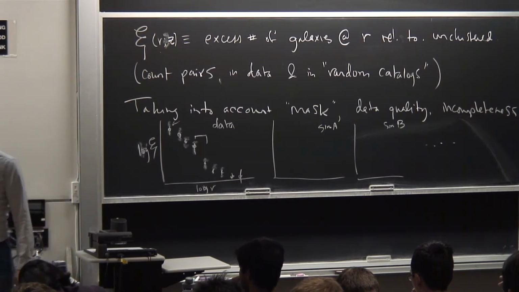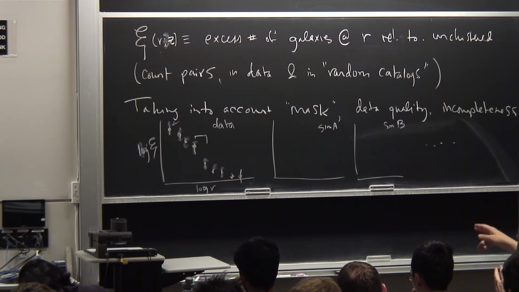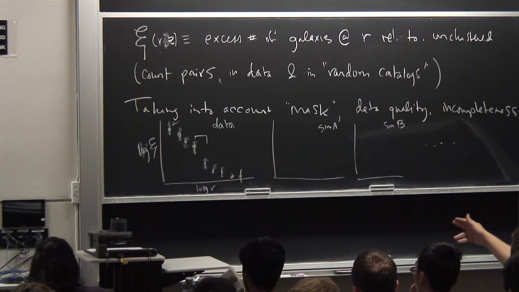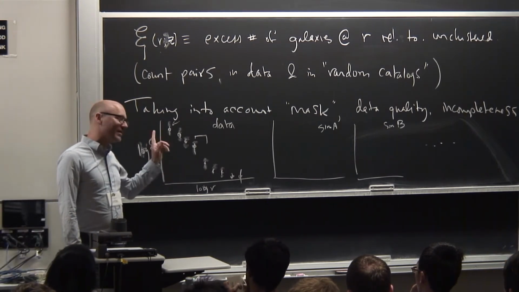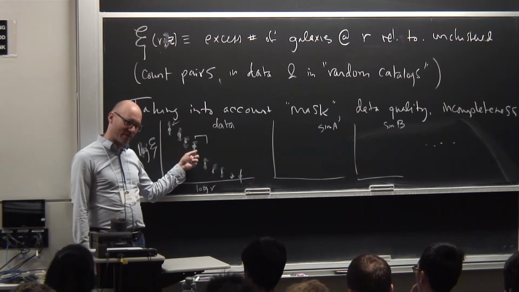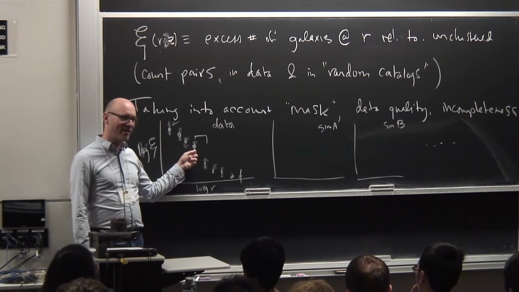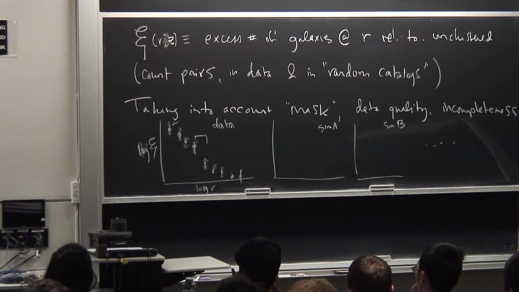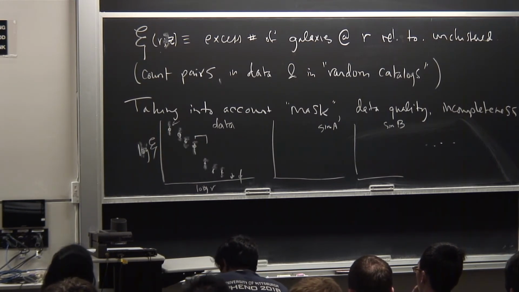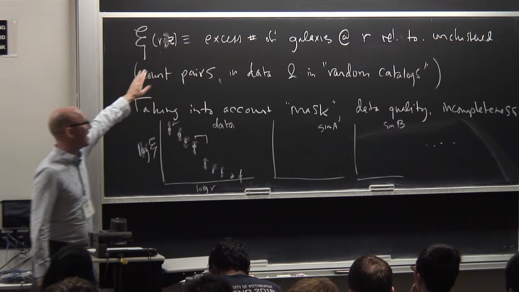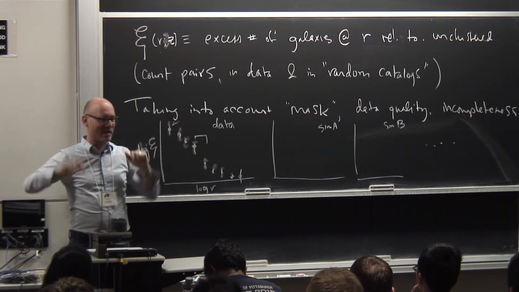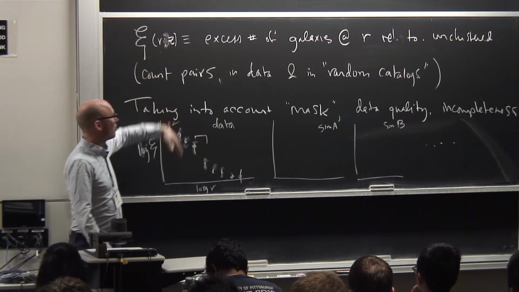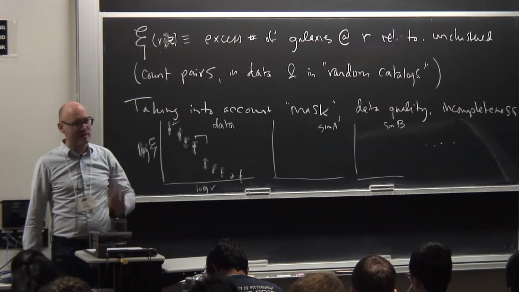Yes? If you wanted to convert this to a power spectrum, you'd have to start from the correlation function and redo the whole analysis, or could you just go from that conclusion plot and do a conversion from the summary statistics? In principle, you could do a conversion from the summary statistics, but in general that's not a good idea, because details of how you bin these annuli will project into the power spectrum in weird ways. So really, you want to go back to the original data, and instead of counting the excess number of galaxies, you look at the excess projections onto the amplitudes of sines and cosines. You really want to go back up to this state and re-estimate with a different estimator.